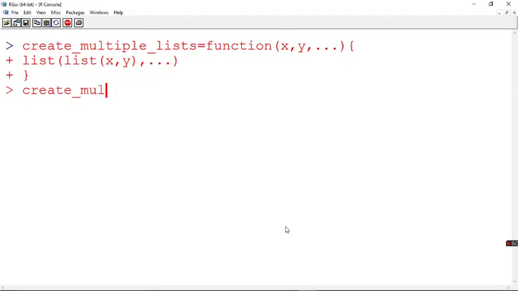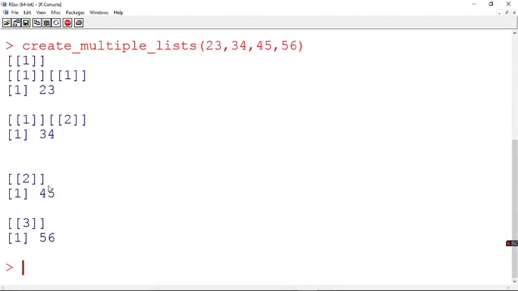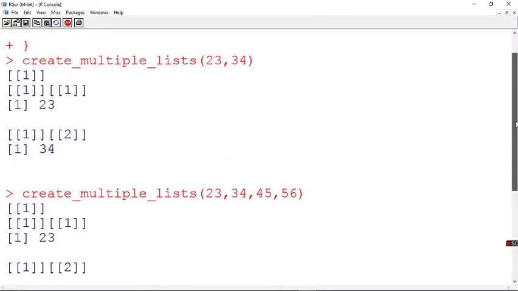Now I say create multiple list, and I say 23 comma 34. See, only a list. This is the outer list, and within that list another list is created. Now let's see how it creates the next set. I say 56 here. You can see the first two are a list within a list, and then these are the common list elements. So you can very well do all sorts of things with variable arguments.